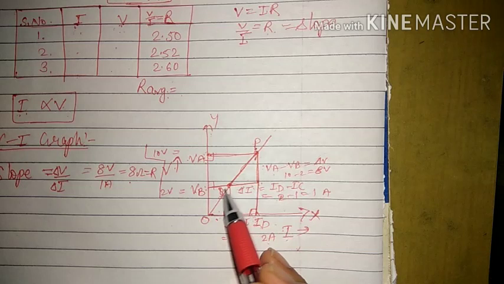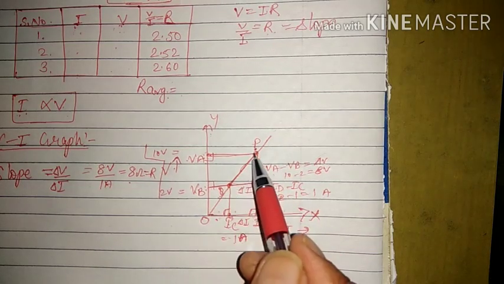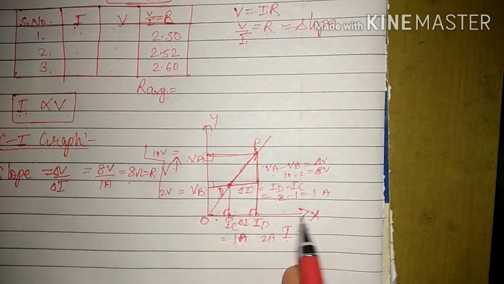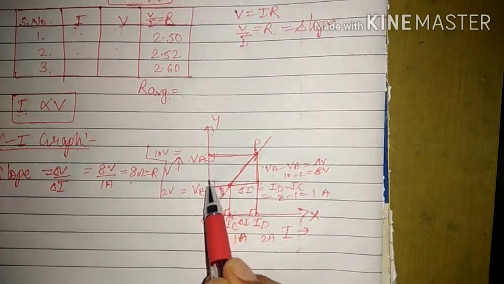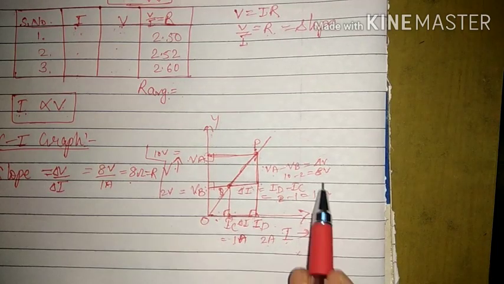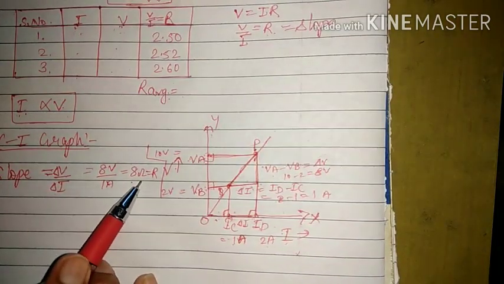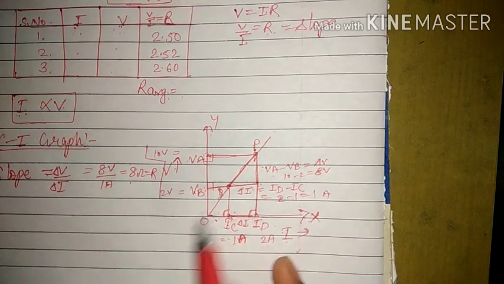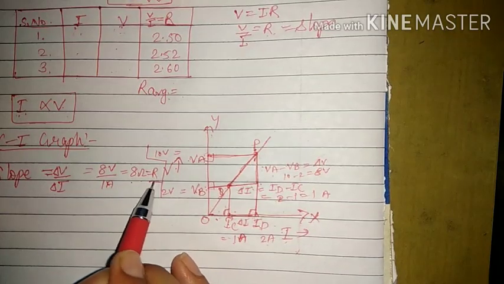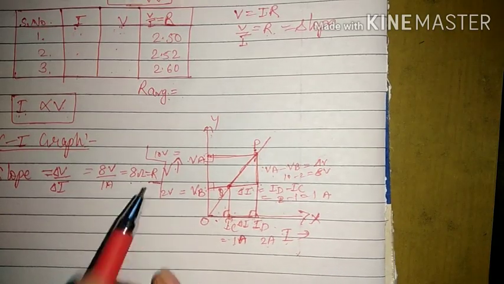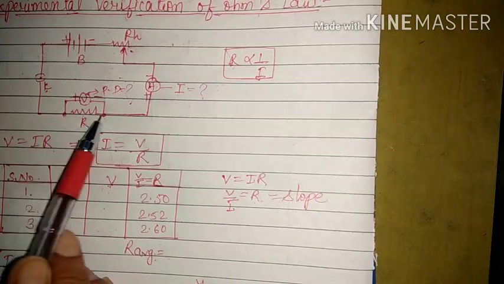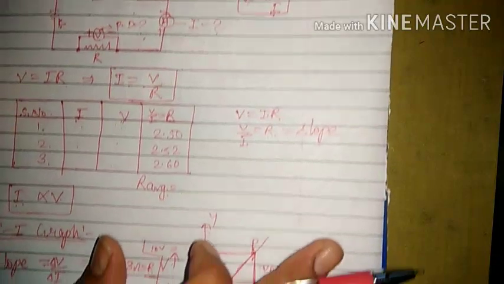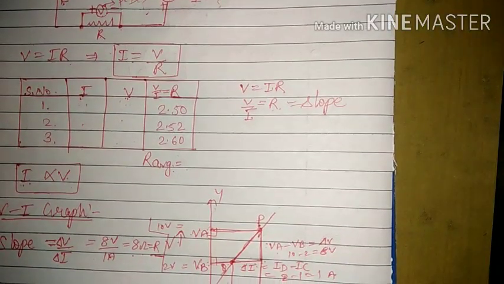Now we have to find out the slope of this line. So we will take any 2 points on the line. Then we will make perpendiculars on the corresponding axis. Then we will calculate the difference between both the quantities. And that difference will give us the slope, which will be equal to the resistance of the wire. So every time we are noticing that this resistance is actually constant for a particular wire. That means as soon as we change this wire from here, the resistance will change, because it is constant for a particular conductor only.